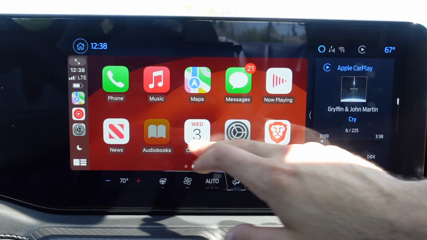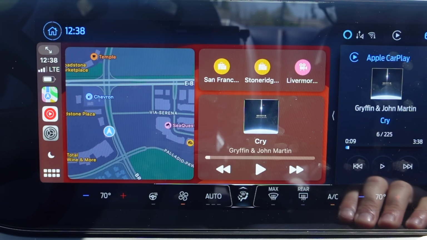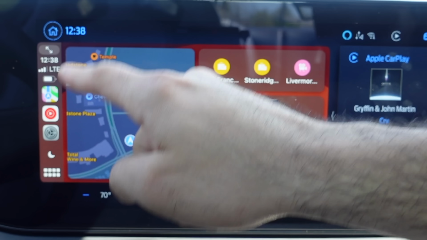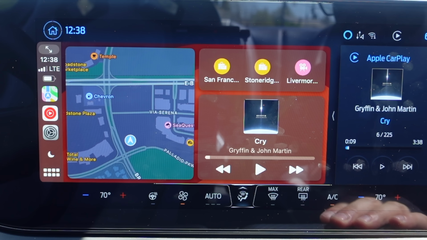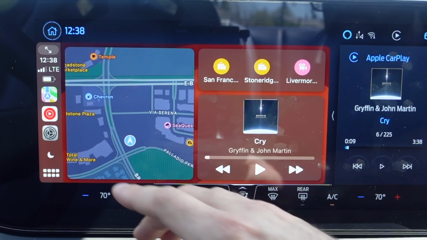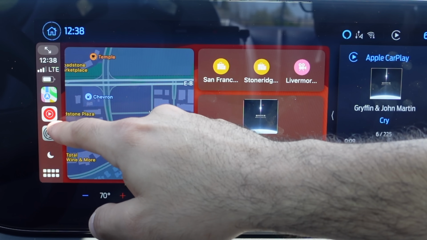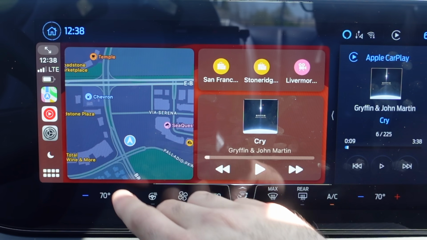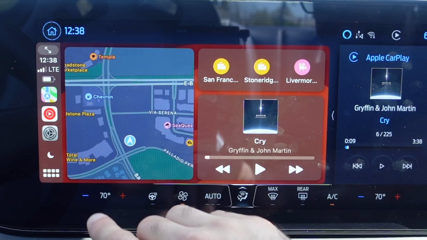Let's begin. So here we are in Apple CarPlay, and depending on the vehicle you have, the most common layout is this one, but some vehicles with a tall screen may be taller or wider. Regardless, it's always the same concept, because right here will be your most recently opened apps for CarPlay, your LTE reception, time, as well as your home page,